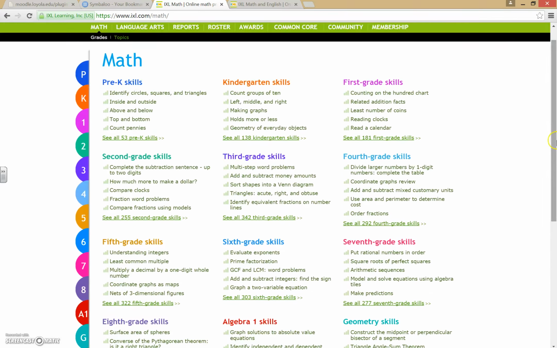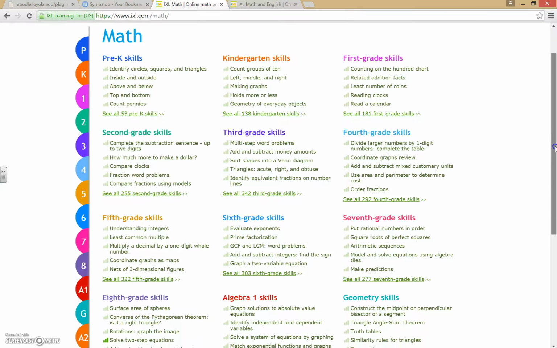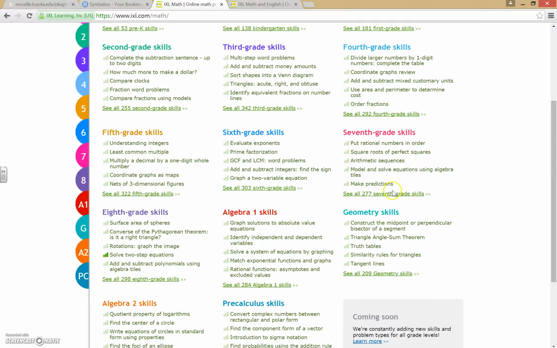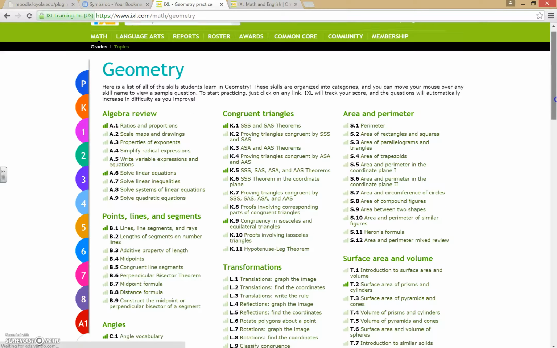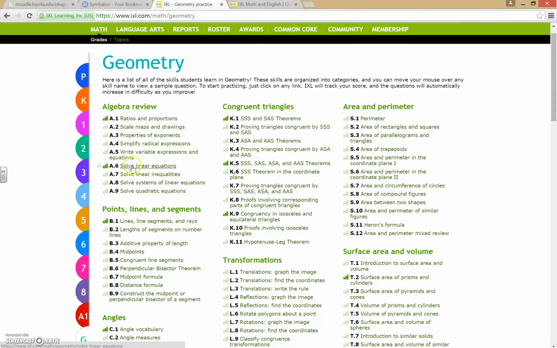So if I go back and I'm trying to find that A6 skill under geometry, I would click on geometry. I would then find A6. You're noticing maybe on the side here that there's a star and that this bar graph is kind of filled up because this was actually a skill that I assigned my students to complete. So if I click on this,